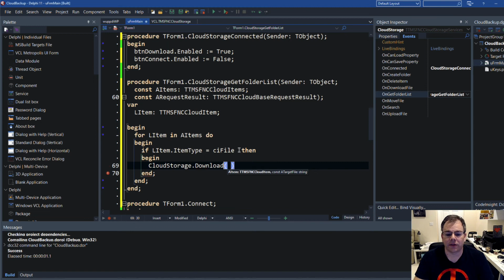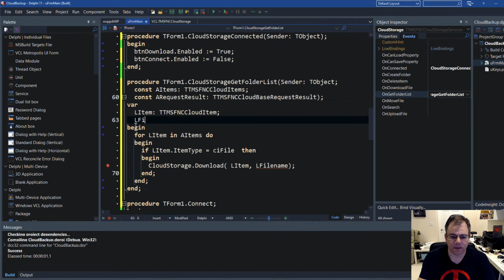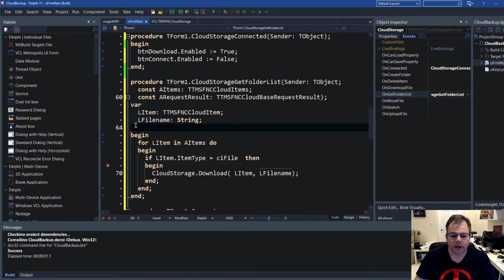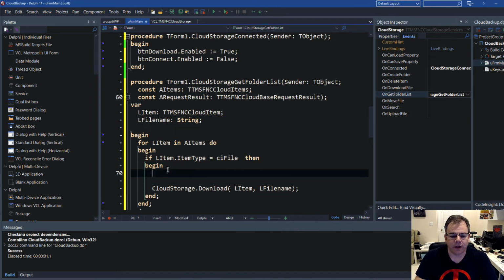And what do you want to download? Which item? You simply say L item. And what is the file name that you want to use? Well, we construct that. We say L file name, and L file name is a string. And yet again, we're going to use the documents directory. Very simple. I'm going to say L file name is,